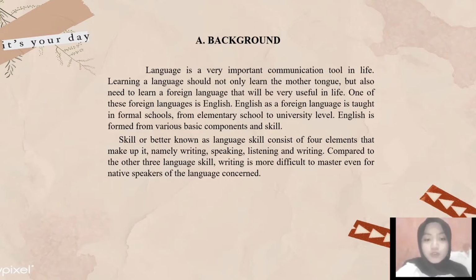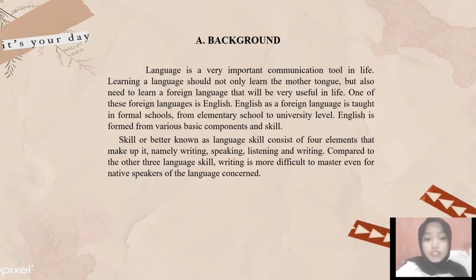And as we know, in general, junior high school students have difficulty in writing English. Students tend to be passive, bored, and sleepy in teaching and learning activities. If this condition is left unchecked, it is feared that it will hinder the learning of English vocabulary, which is very decisive in language skills, especially writing. The teachers only transfer the meaning of the vocabulary without practicing how to write words and how to pronounce them.